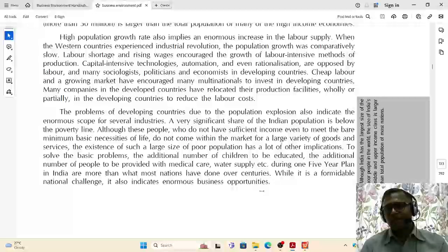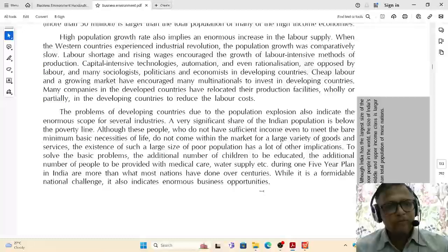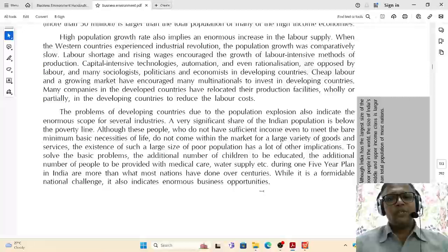in the developing countries. Cheap labor in the growing market has encouraged many multinationals to invest in the developing countries, and many companies in the developed countries have relocated their production facilities wholly or partially in the developing countries to reduce the labor cost. Thus, the problem of the developing countries due to the population explosion also indicates the enormous scope of the